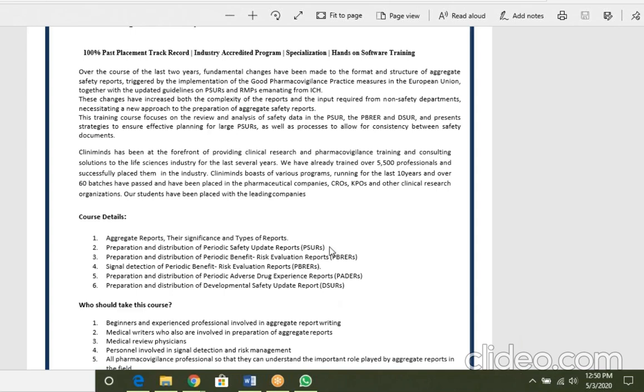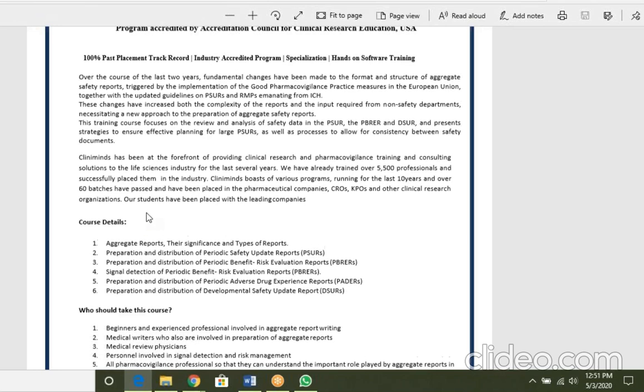When a new drug is launched, there is a mechanism for collection of ADRs. But if you are a PV professional, then that's a very basic question actually.